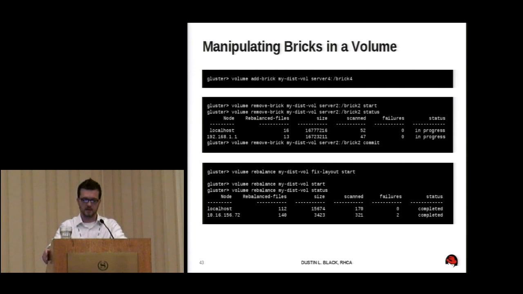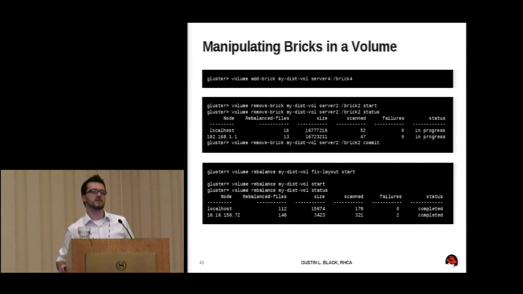So when I start that, when that process completes, what you've essentially got now is a new space for files to be written to, and because that space is free and available, the elastic hash algorithm is now going to use that space for new files that are being written. If I run the rebalance command without fixed layout, we're actually going to be doing, in this case, a full-blown rebalance. This is a pretty heavy process, and you want to be careful with the scenarios that you might actually use this in. If you have lots and lots and lots of data, this is going to require some heavy lifting by the system. Yes?